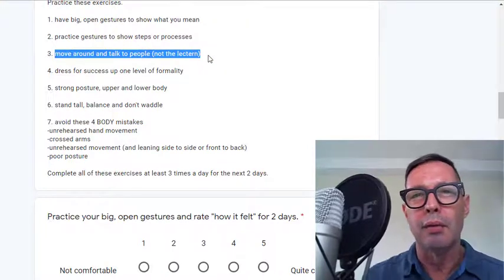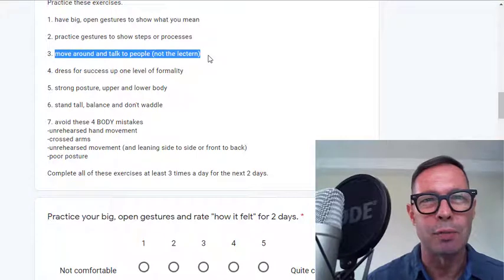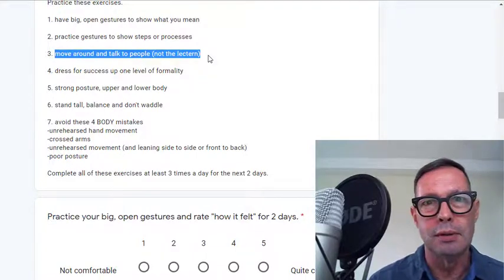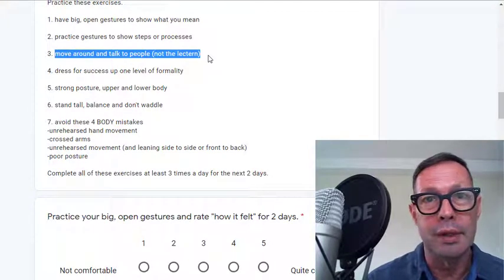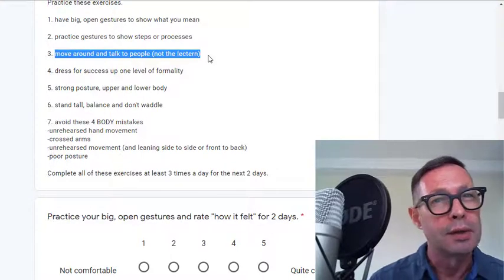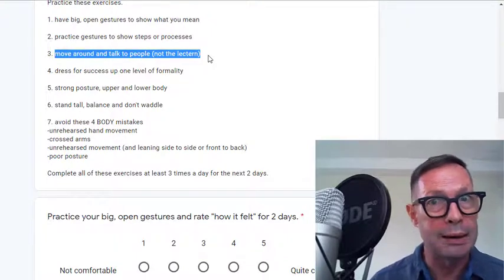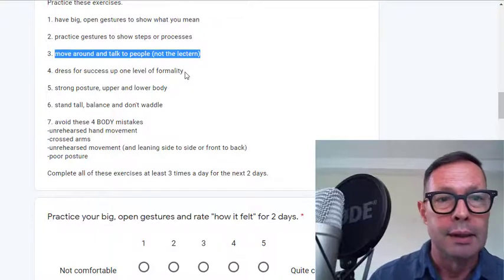Also, you want to move around when you talk. We have this idea that we're supposed to stand behind a lectern when we speak, and most teachers do, partly because our whole setup in the classroom is trapped behind that PowerPoint, and it's really difficult to get out. So that's why we want you to get out from behind there, because the best communicator and the best teacher isn't back behind that lectern.